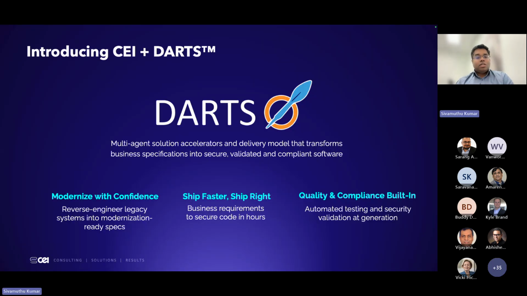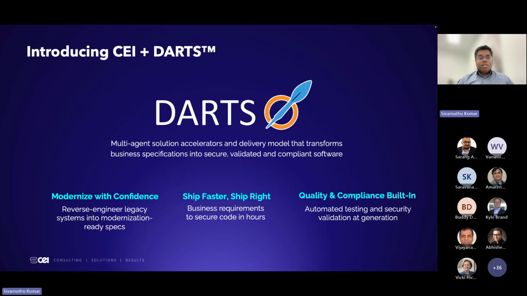So what is DARTS? DARTS is a multi-agent solution accelerator we have built, and it's a delivery model that transforms business specifications into secure, validated, and compliant software. We designed it so that enterprise teams can ship faster and ship right.